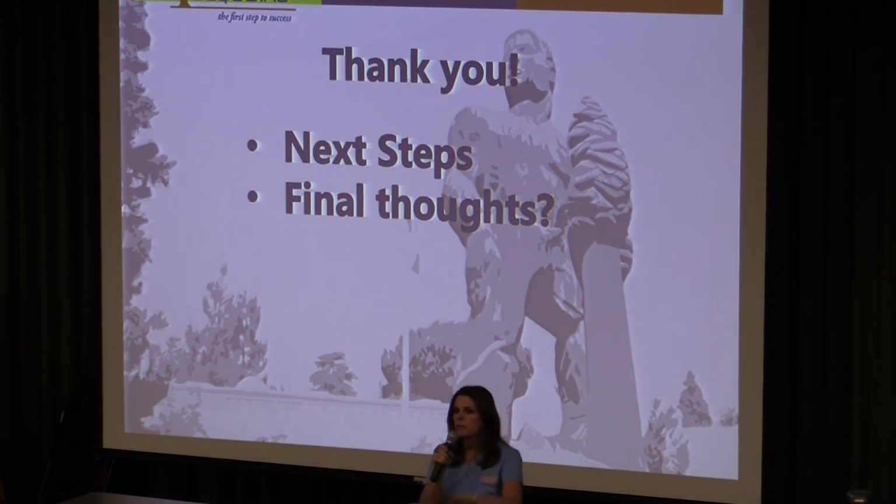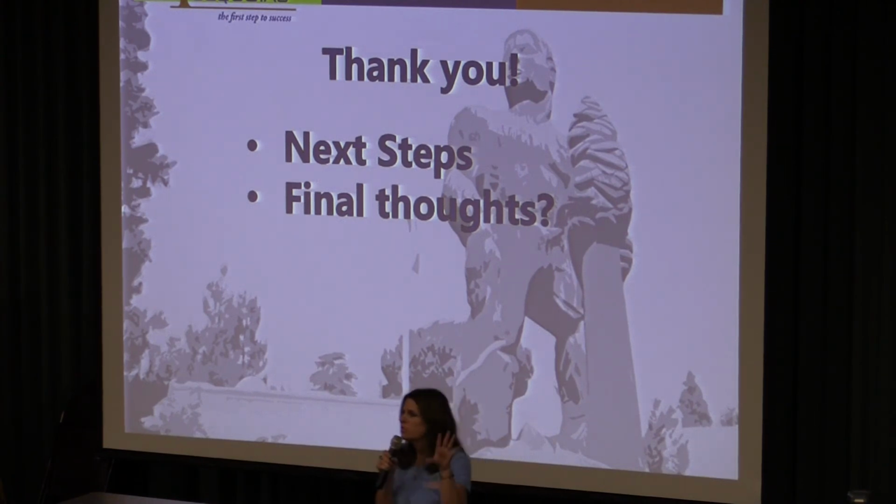So again, what's going to happen is we'll look at all of the input. We'll look at all the recommendations, the revisions, the critiques, and just determine how to incorporate those into the current draft. And then we will be sending that next draft forward to District Governance Senate and Academic Senate through our regular governance processes. And so in April, those will be going forward, and we'll have yet another chance to give some input. And it should get finalized and go to the board by the June board meeting. So that is the process, the next steps for that.